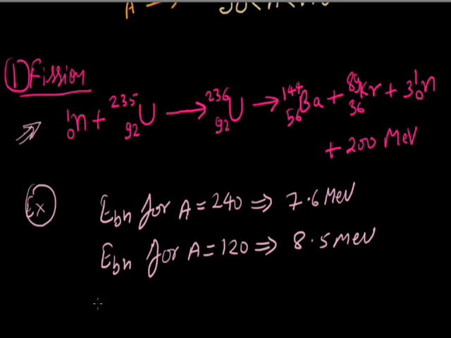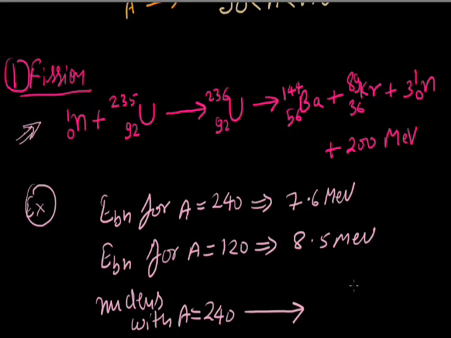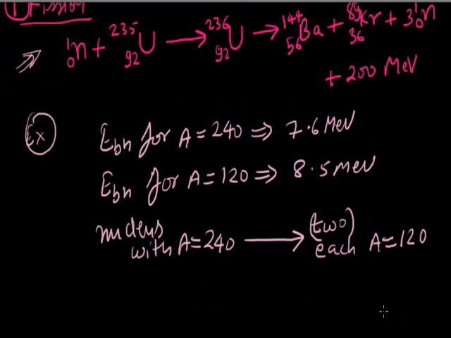In this process, when a nucleus with A equal to 240 breaks into two fragments, each, let's say, with A 120,